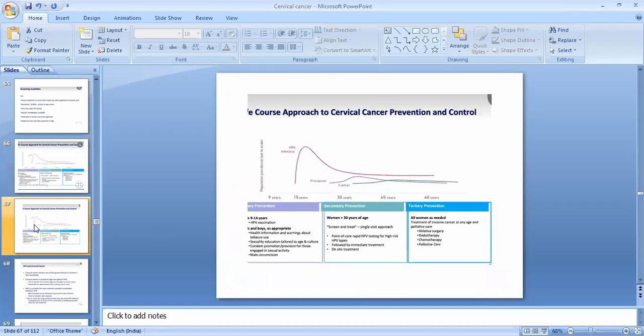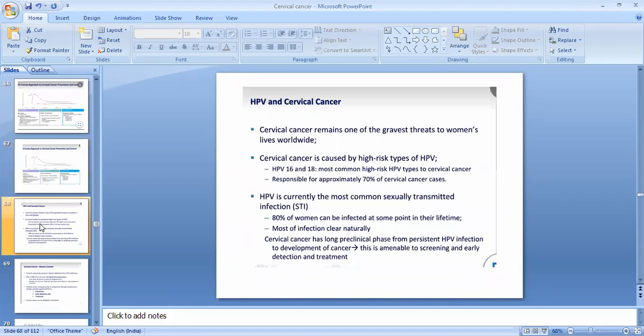Okay, now this is what, now HPV in cervical cancer, as we are talking about. Now cervical cancer remains one of the gravest threats to women's lives worldwide. Okay, so cervical cancer, it's a gravest threat, and of course worldwide. Now, cervical cancer is caused by high risk types of HPV. So human papilloma virus. So I told you that there are several kinds of HPV, types of HPV genotypes,